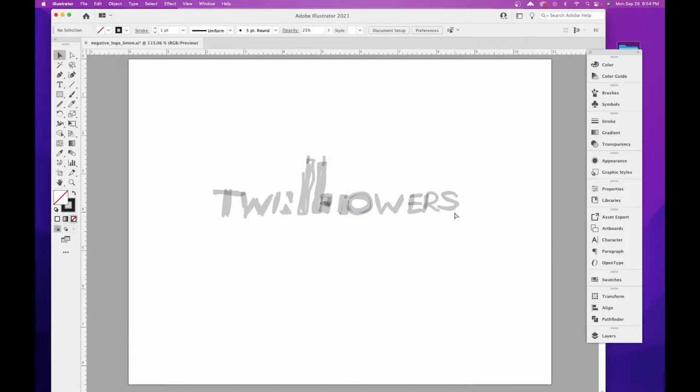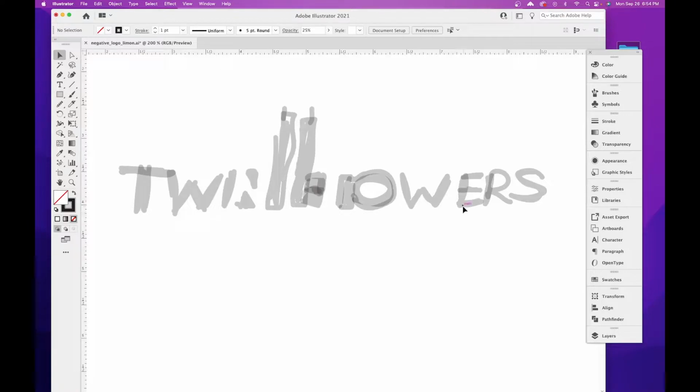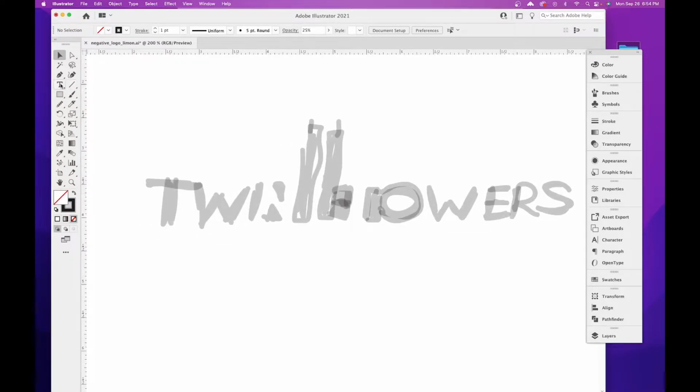Now I'm going to unlock my logo layer, select that one, and this is where I'm going to start building. Since it's typographically driven, I'm just going to click on my type tool and simply type it out. Just click once, and I'm going to have it all caps, so Twin Towers. I'm going to select everything,